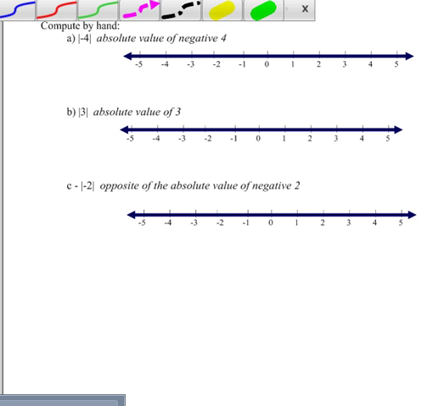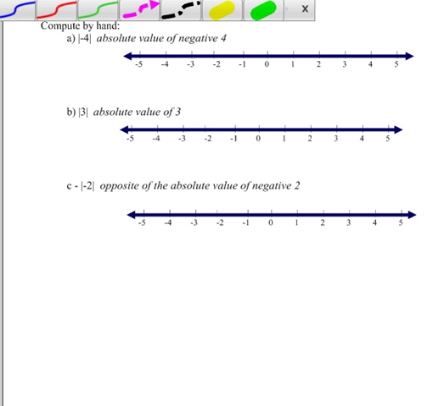Compute by hand the absolute value of -4. Now, if we remember the definition from our textbook, the absolute value of a number is the distance that a number is from 0 on the number line. So if we find where -4 is on the number line, we can see, if I want to figure out how far that is from 0,